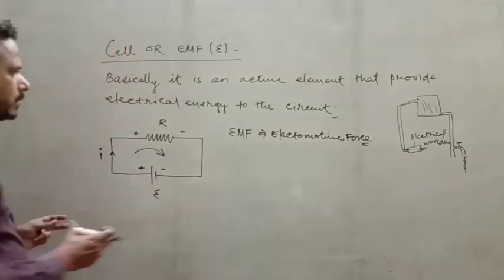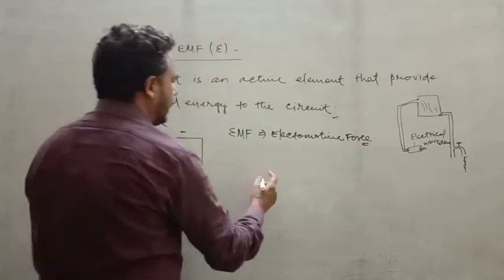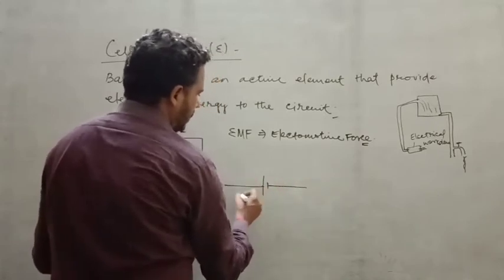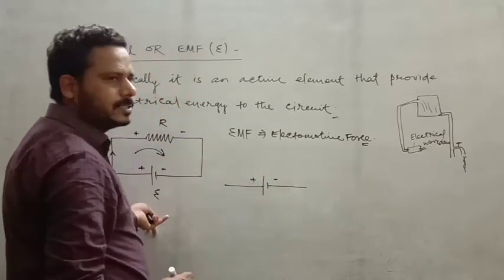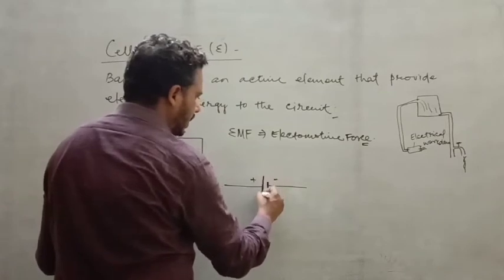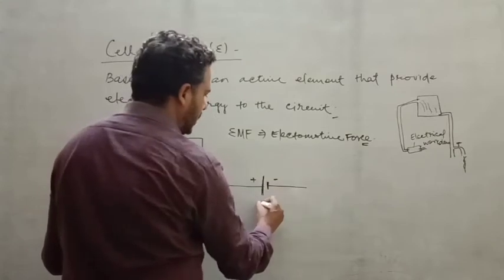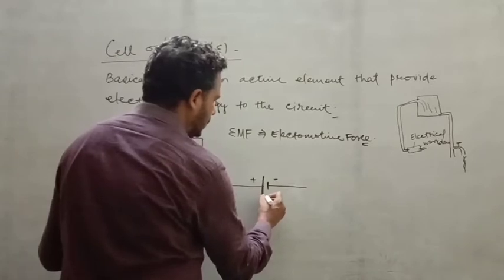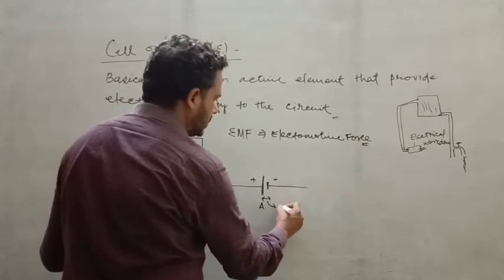Okay, so you just see its mechanism. You just take it separately. Here, this one is at higher potential and this one is at lower potential. So these two plates have an area, so you just suppose the area of the plate is A. And the separation between these plates, you can take this one as D.